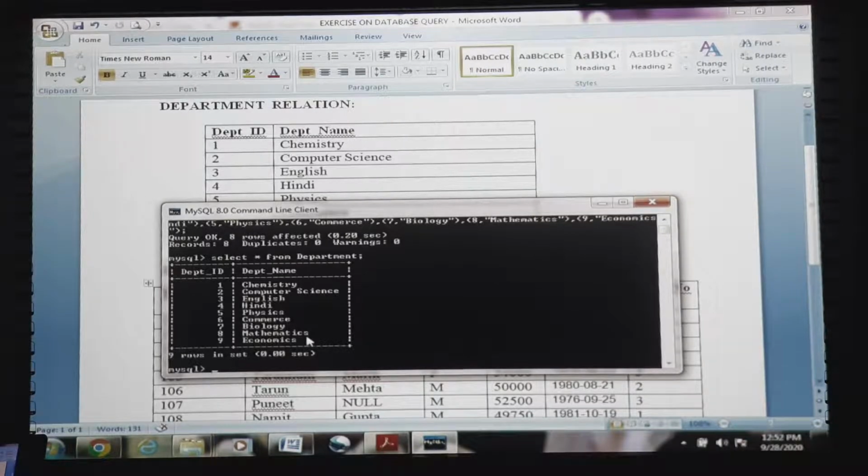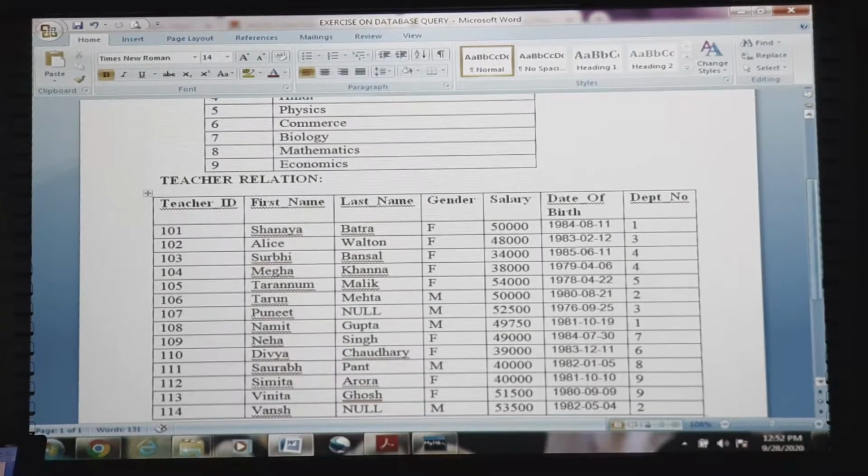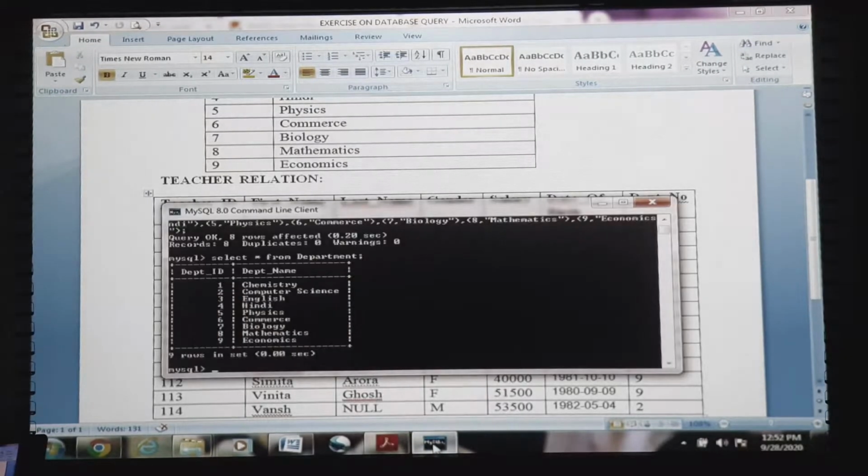Now in the next step, in the same way, we will learn how to insert the different values in the teacher relation. At the very beginning, we need to create the teacher relation. After that only can we go ahead with the insertion of the data.